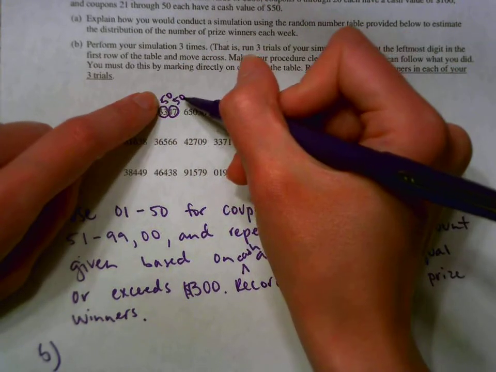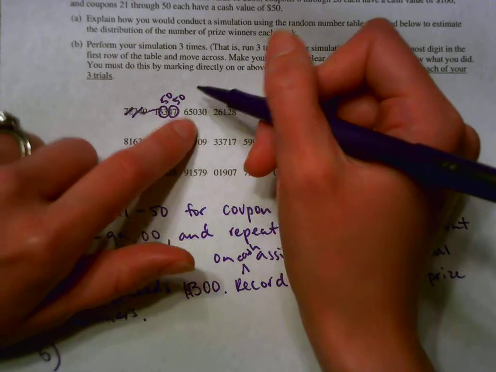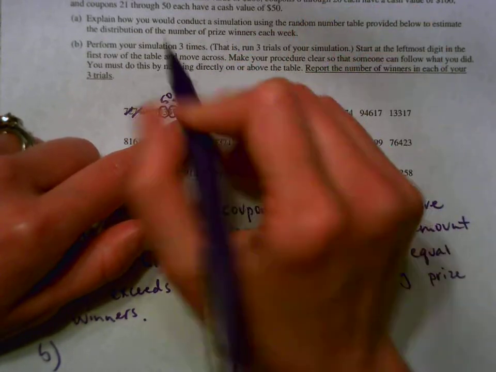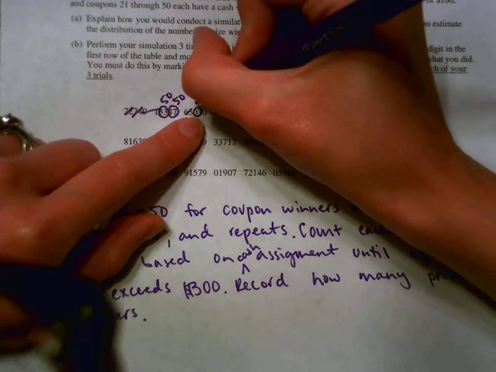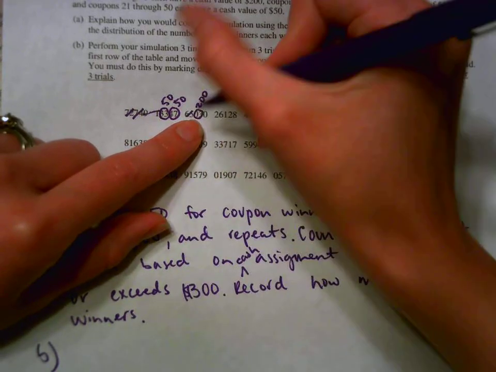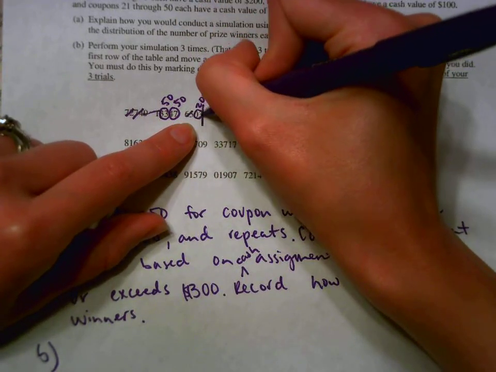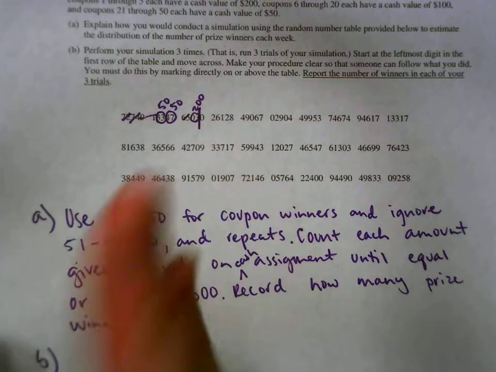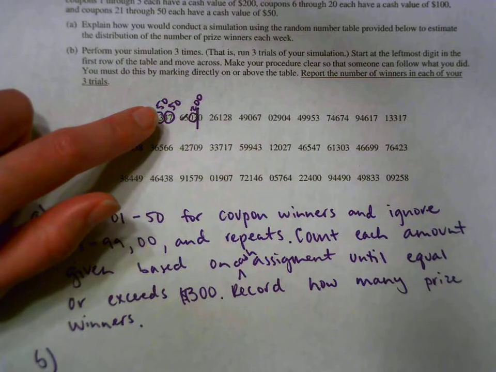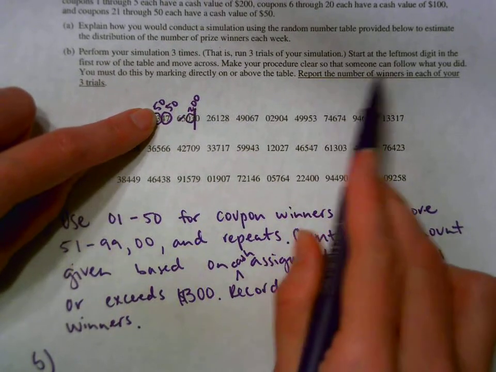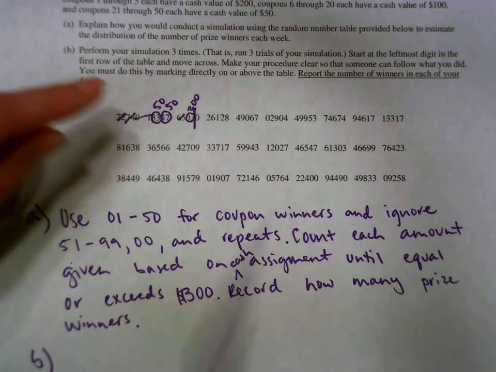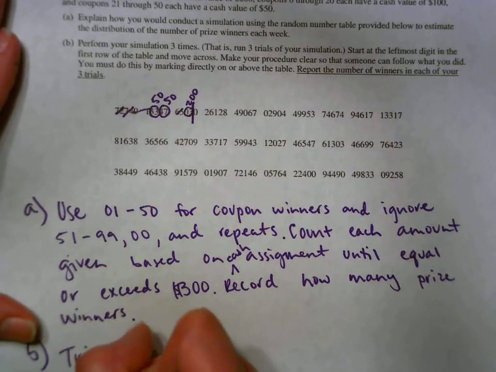And we're going to keep going until we add up to $300. So 65 we would ignore. 0, 3 is 1 through 5, so that gets 200. So if you notice, we reached 300, so that's where they would stop. So draw a line to show your first trial. Okay, so what do we care about? What are we recording? Report the number of winners. So how many winners did we have? We had 3 winners. So for trial 1,